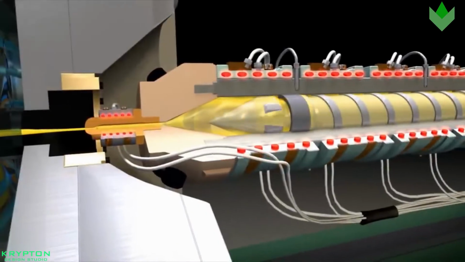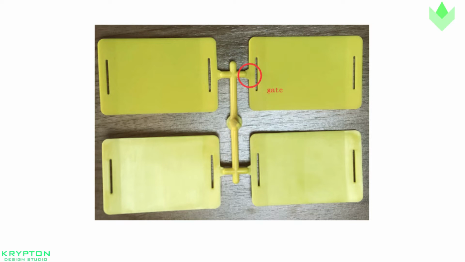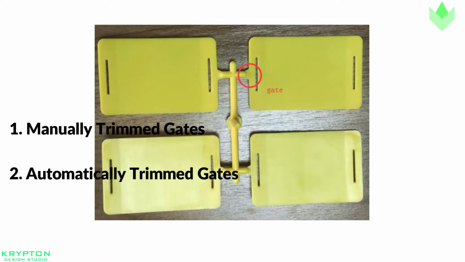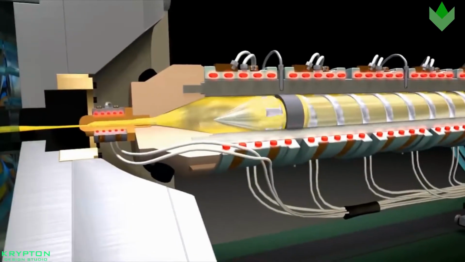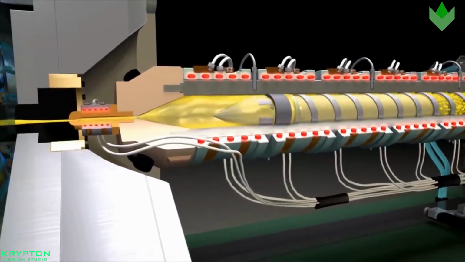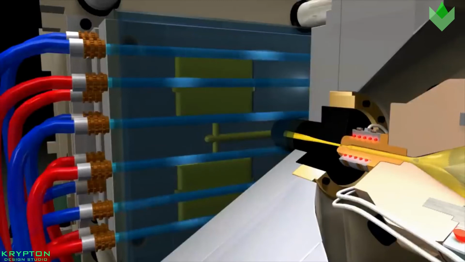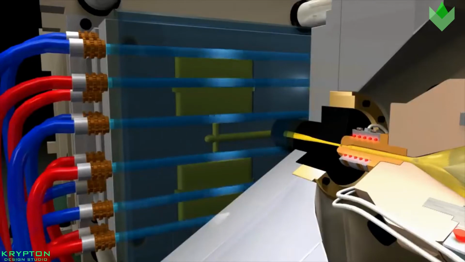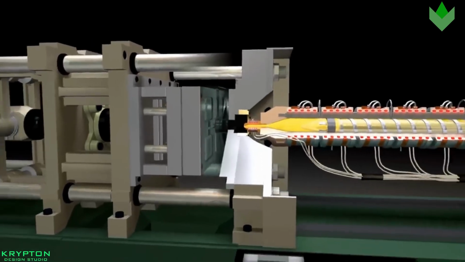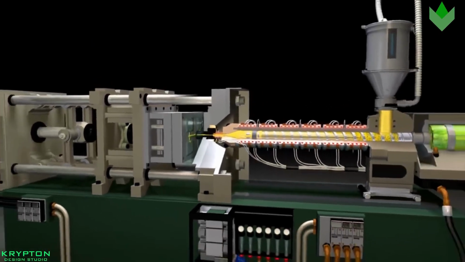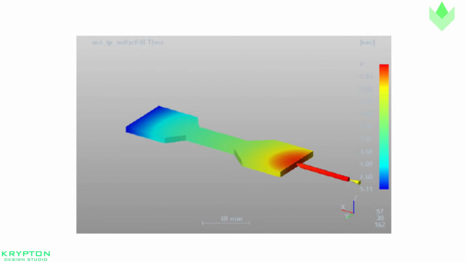Gate types. There are two types of gates available in injection molding: manually trimmed and automatically trimmed gates. Manually trimmed gates. These types of gates require an operator to separate the parts from the runners manually after each cycle. Manually trimmed gates are chosen for several reasons. The gate is too bulky to be automatically shredded by the machine. Shear sensitive materials such as PVC cannot be exposed to higher shear rates. Flow distribution for certain designs that require simultaneous flow distribution across a wide front.